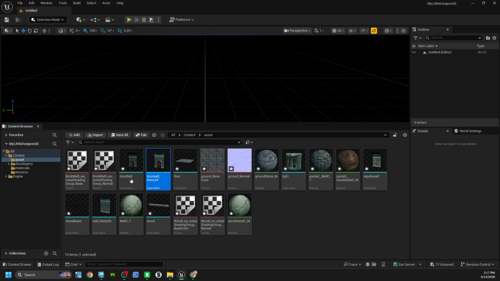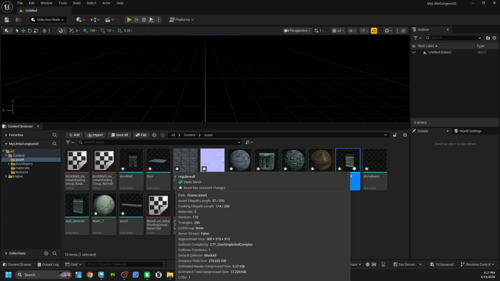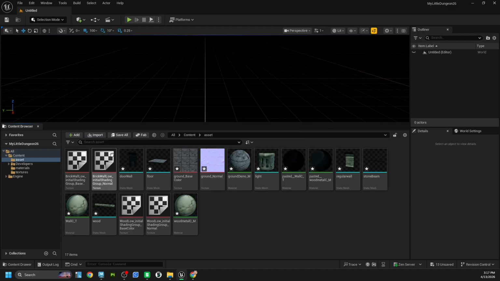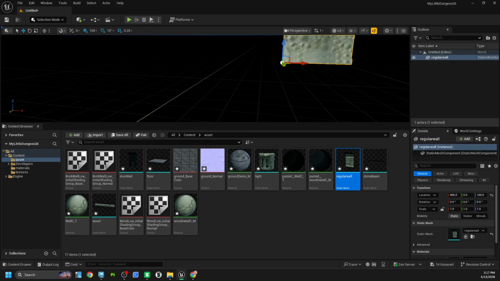So in here, I've got my new door wall. I don't need this one. Delete. My other one that I had, my regular wall, we're going to delete that one. So now I've got these. If I were to drag one of these in, and look at this,